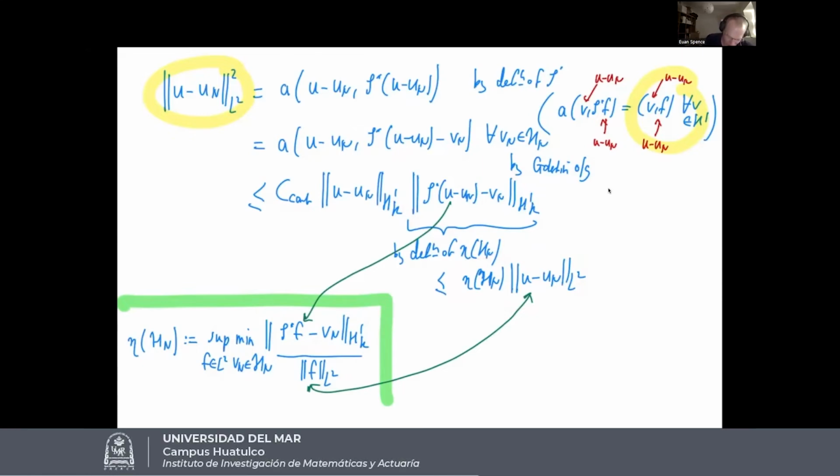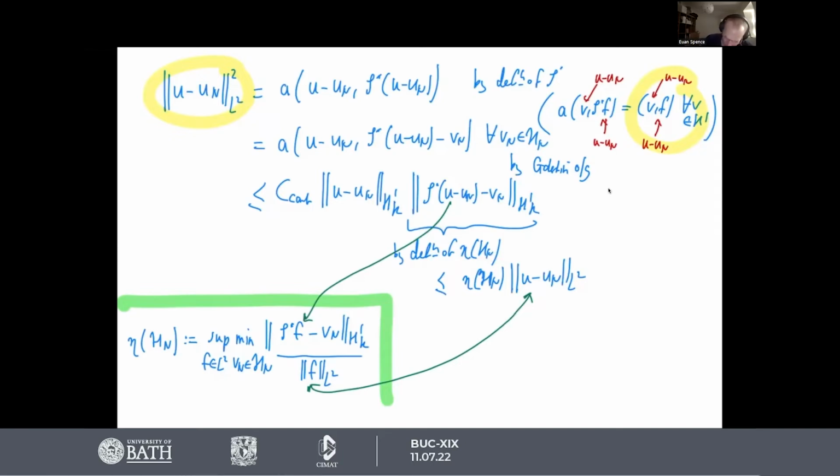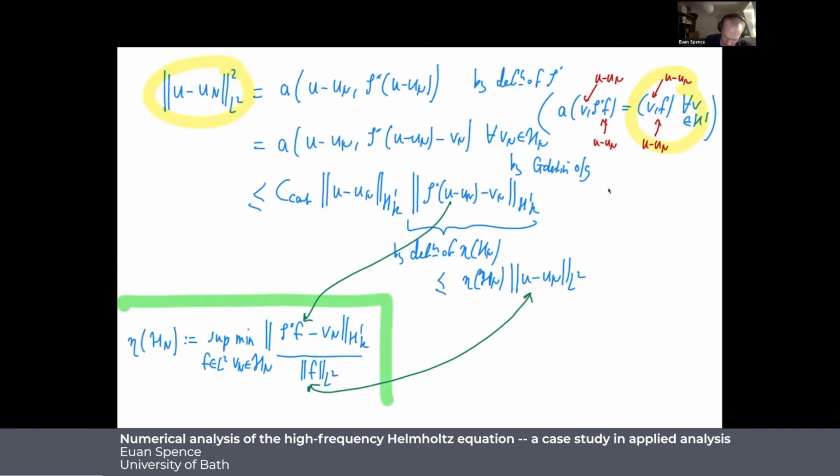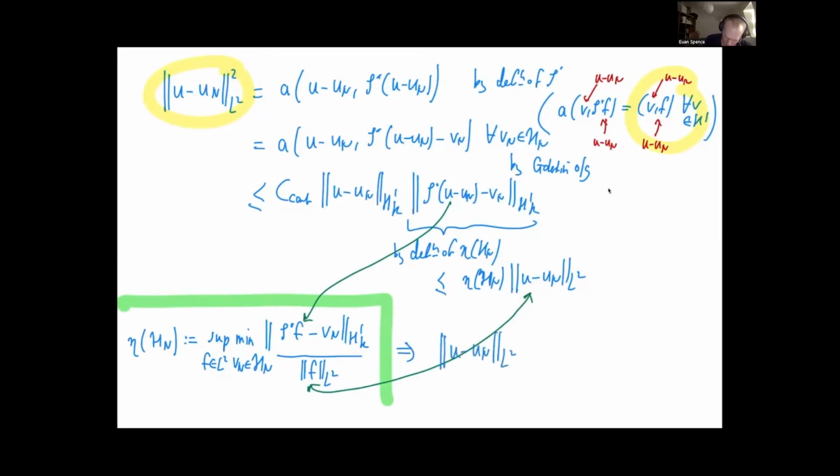And now you see, now then I cancel. So now I can cancel U minus Un in L2 on both sides and get the inequality I want. Let's just write it out. So this implies U minus Un in L2 is less than or equal to C cont eta of Hn, now U minus Un